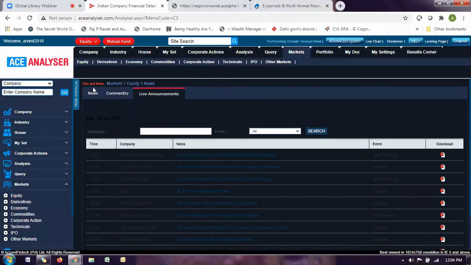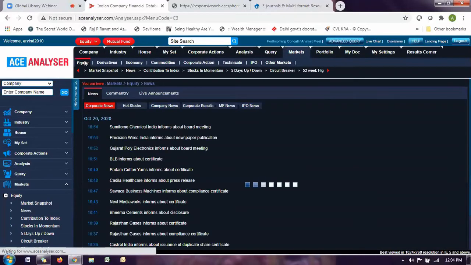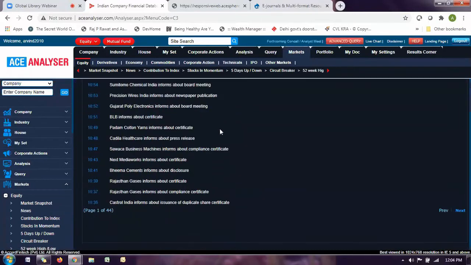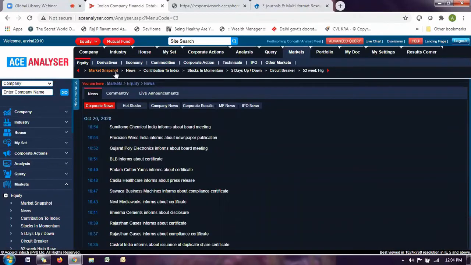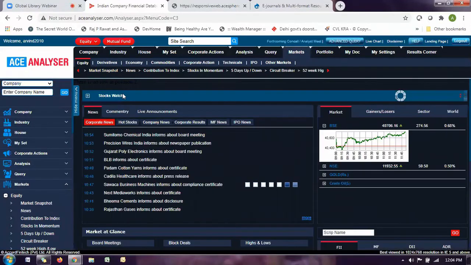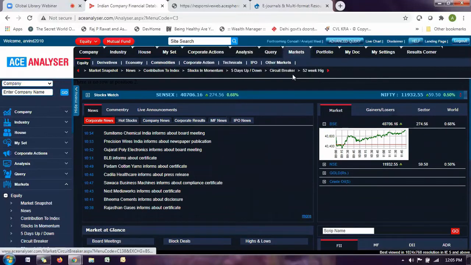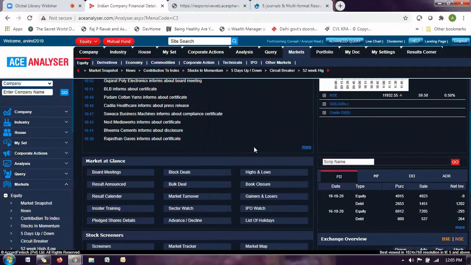Similarly, we were under the equity section. Then here we similarly have the derivative segment, which also shows you under the equity section. Here we have one option called market snapshot also. When you click on the market, here you can basically get the summary of the market.